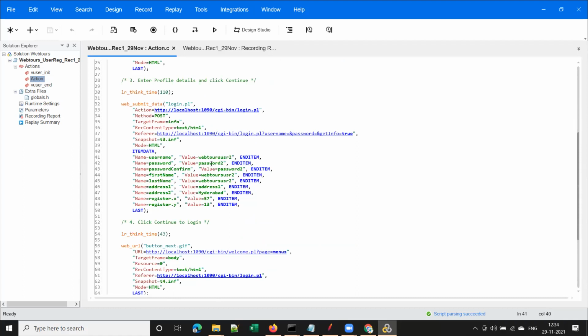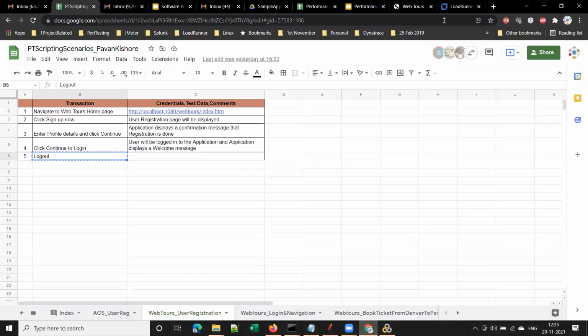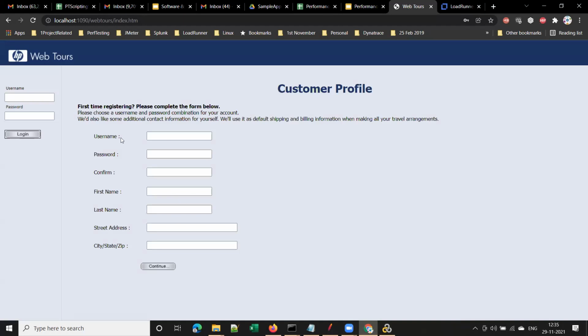Whatever username and password I filled in the registration form is visible here, yes or no? Yes, sir. Password too. And this is username, password. These are nothing but labels. These are called labels. Let me go to the HTML page. See, once you sign off, if you click on sign up now, these are called labels, and these are called text fields. You may know that. But these are text fields, and this is the label for this text field. This is the label for this text field.